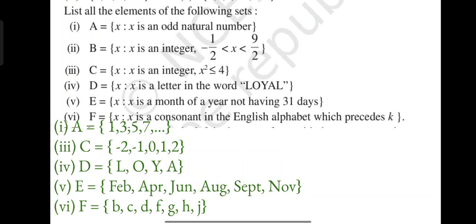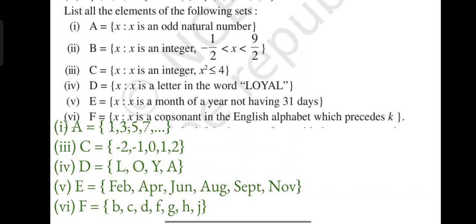So take every month of a year, look at the calendar. If they have 31 days, we can't write it. February has only 28, so clearly we can write February. As well, look at the calendar and find out what all months came with less than 31 days, and they are all written here.